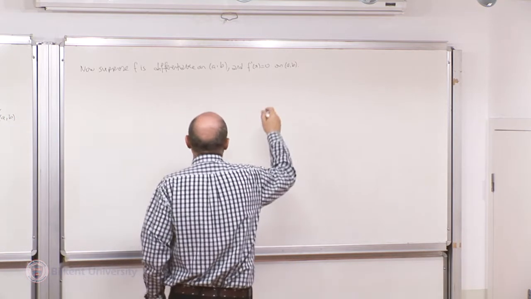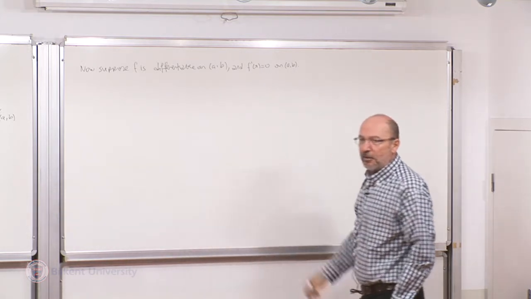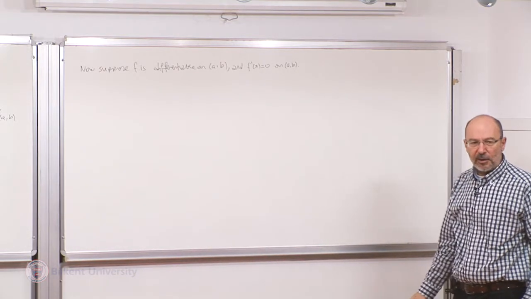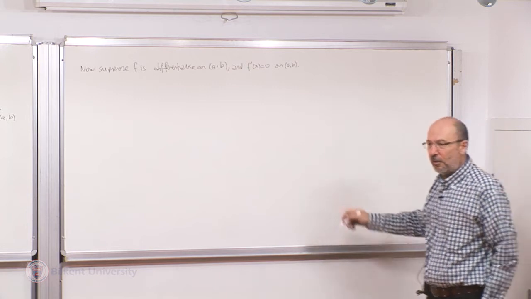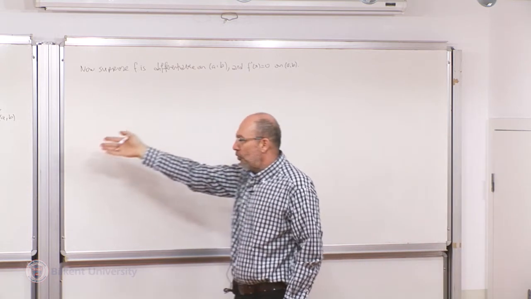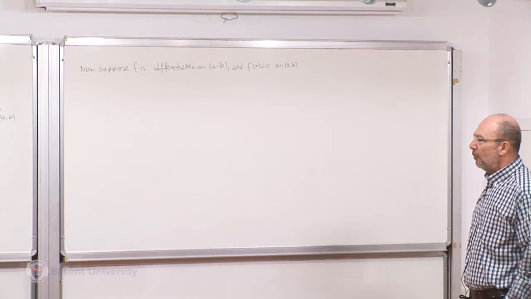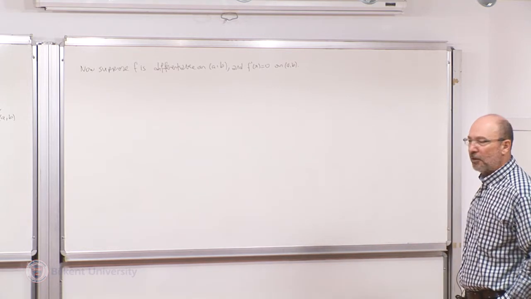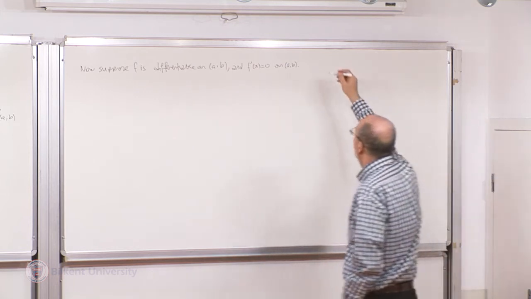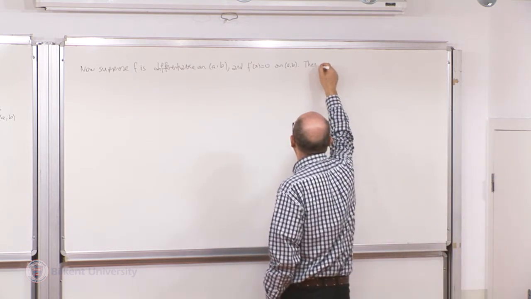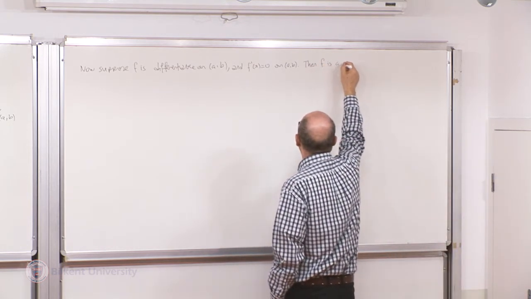If the derivative is always 0, then we expect this function to be constant. And we have to check that our algebraic machinery agrees with our expectation. Then f is constant